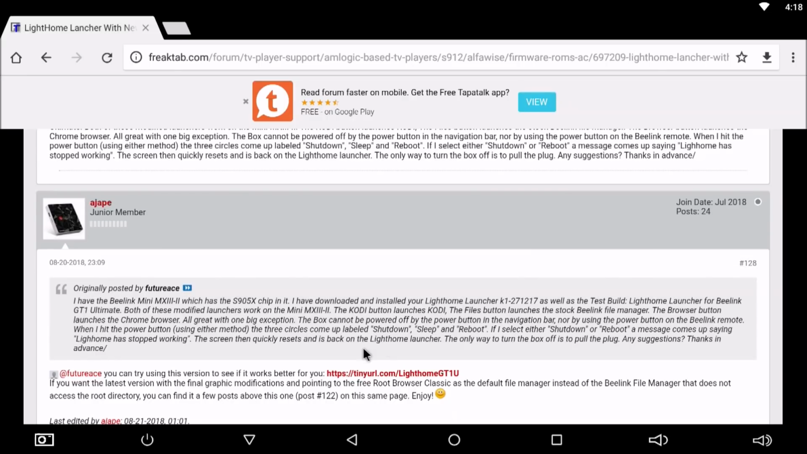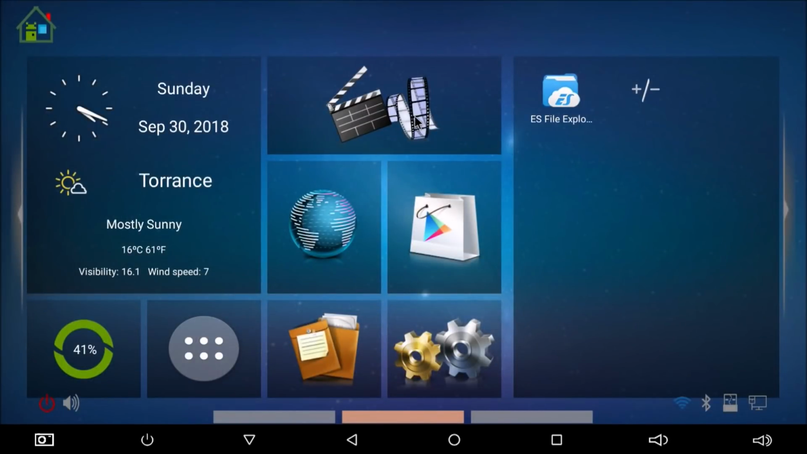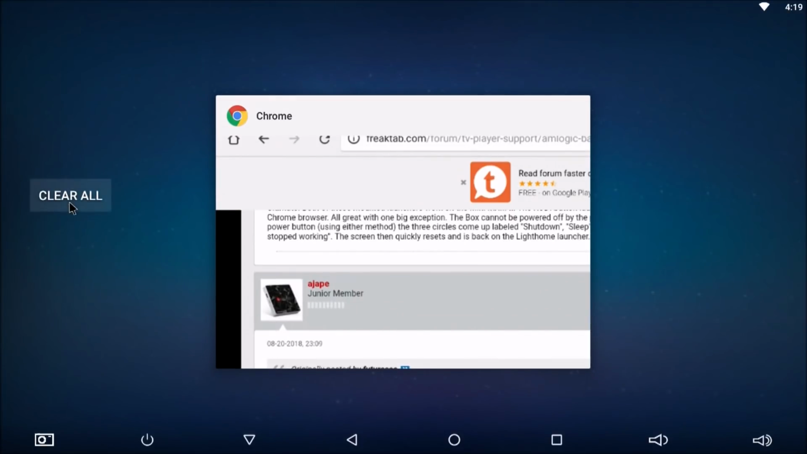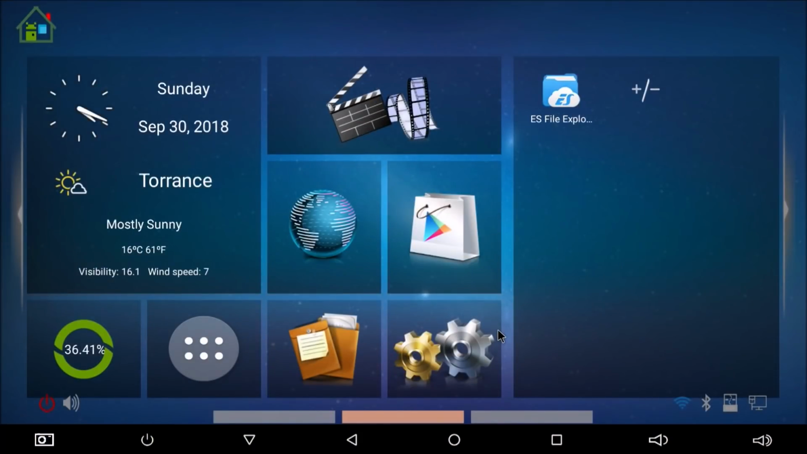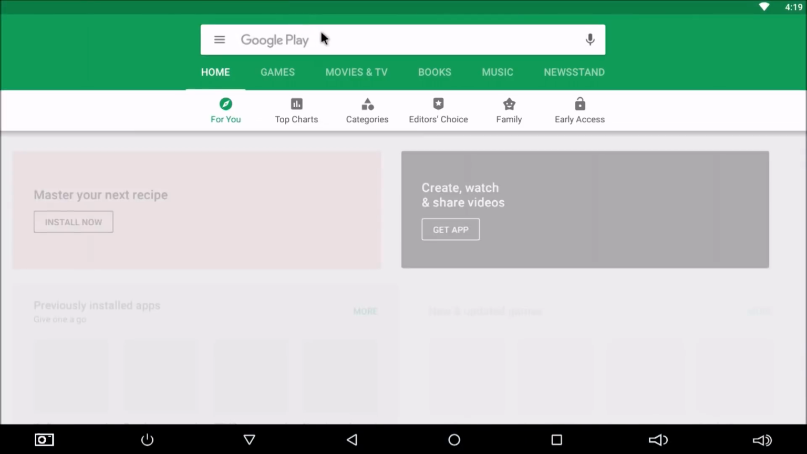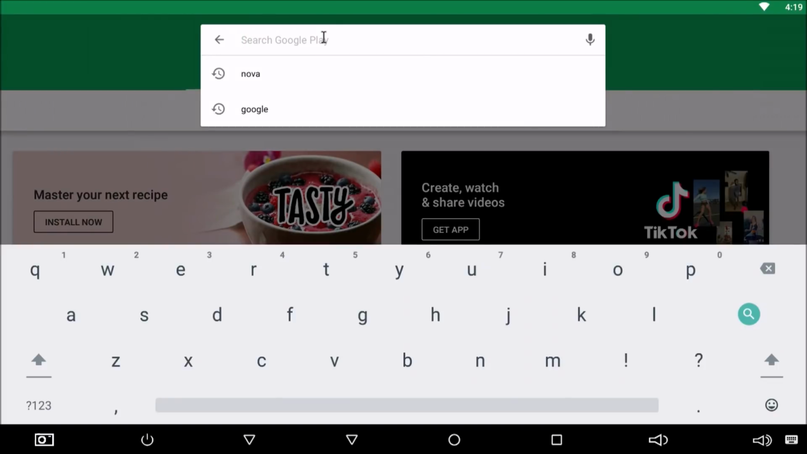Alright, so you need to download that if you want the Lighthome launcher with the Kodi button. So let me close out of everything. I'll clear all. Alright, so obviously to get another launcher you would just go to the Google Play Store and pick anything you want. A lot of people like Nova,